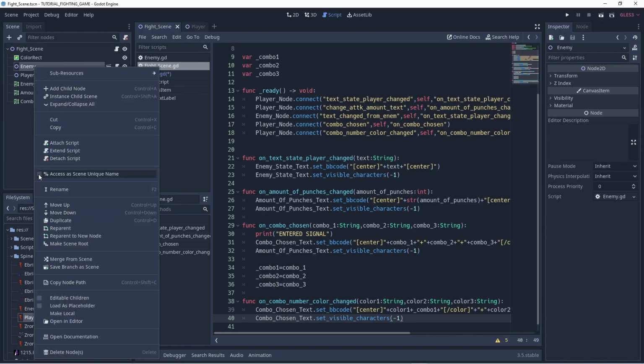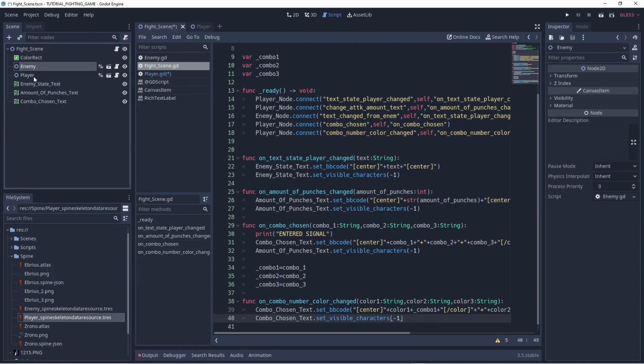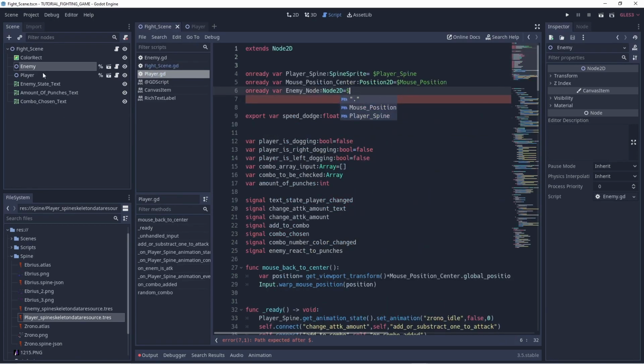Okay, access as scene unique name, and then once we have access as a unique scene, we can just move it here. Okay, and then it won't have a problem to access. This is a good trick when you want to access nodes that are not in this proper scene. Okay, now that we have that,